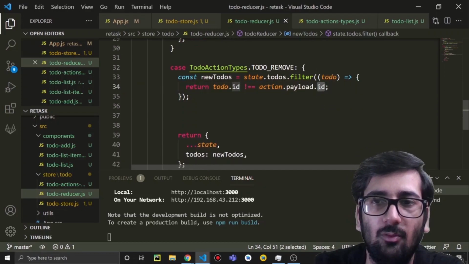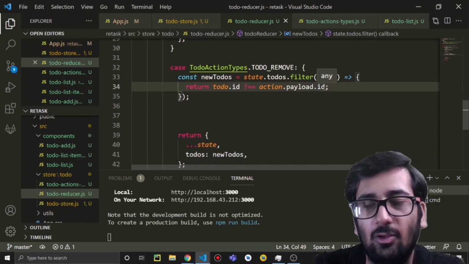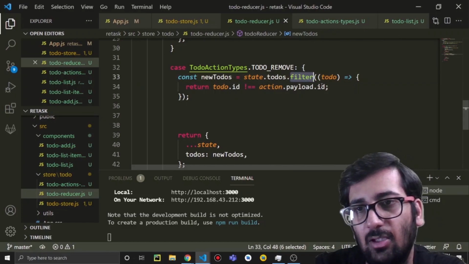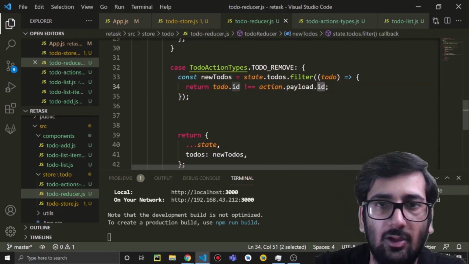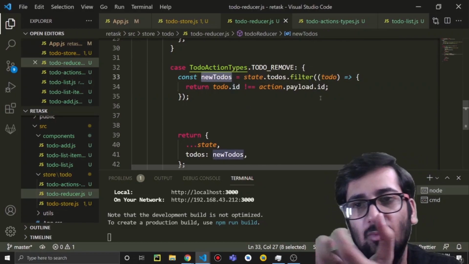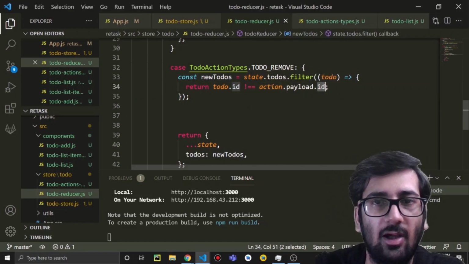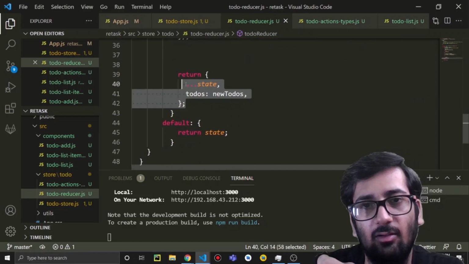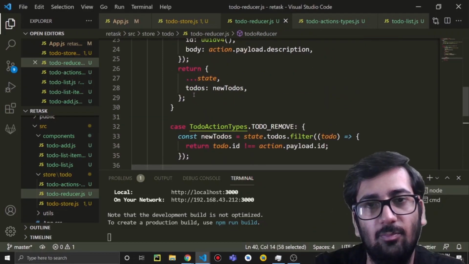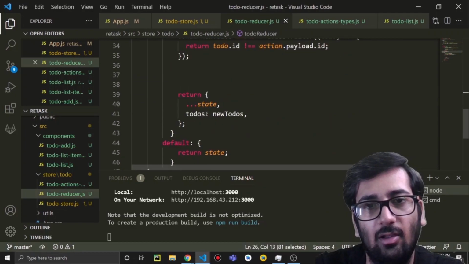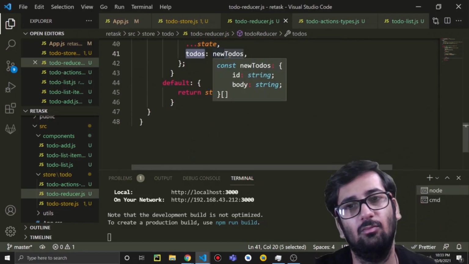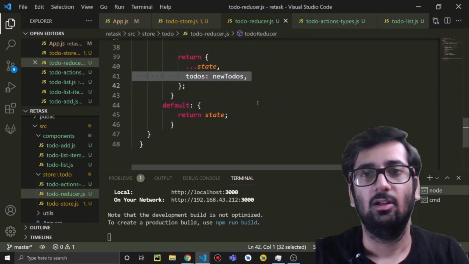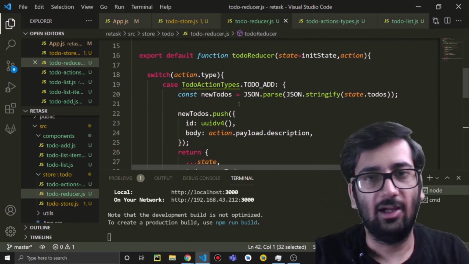So in the payload we have sent the ID of the to-do which we want to delete. So we will filter out all the to-dos except this one. So in the new to-do we have all the to-dos except the to-do with this ID. And we will return the new state as I explained. This is how we return the new state with the new to-do. So we have two actions.